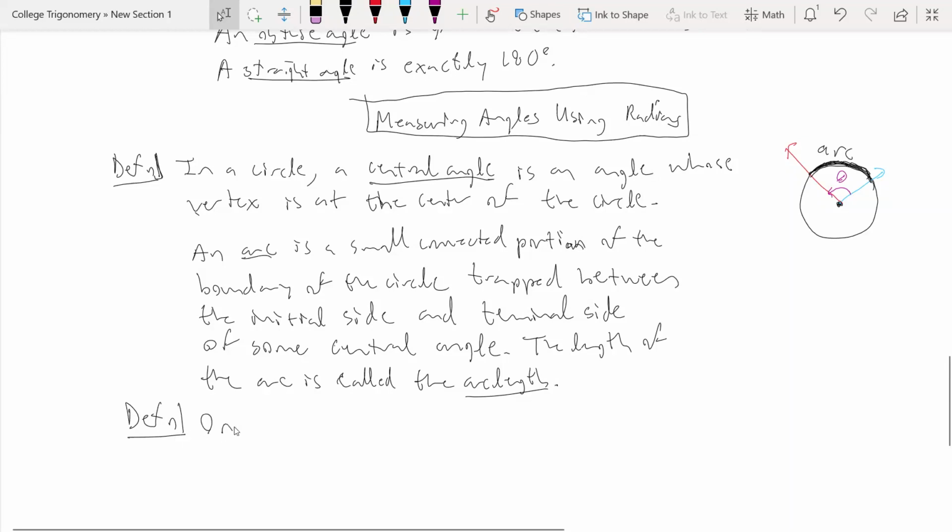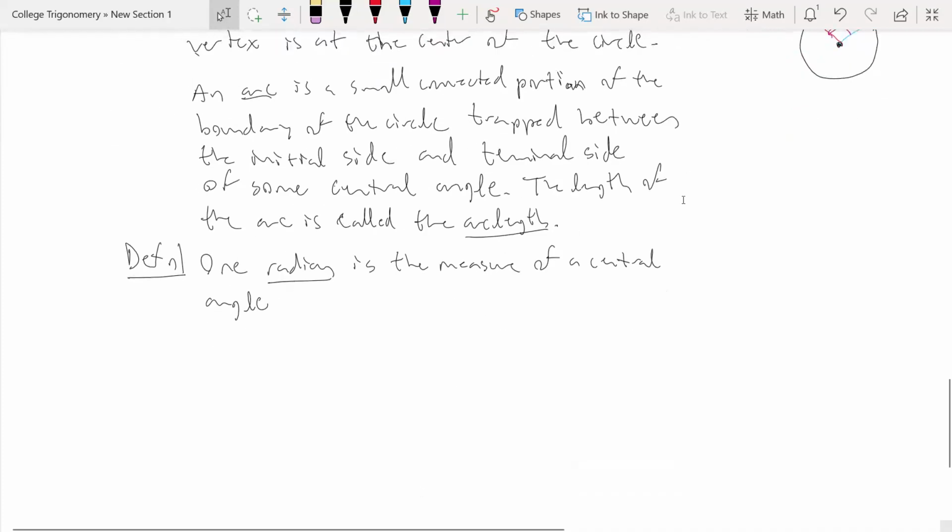1 radian is the measure of a central angle. So we're saying that the central angle has a measure of 1 radian. Under what conditions? It's the measure of a central angle in a circle of radius r. Because it's a central angle, we have to say what the radius of that circle is. A circle of radius r,